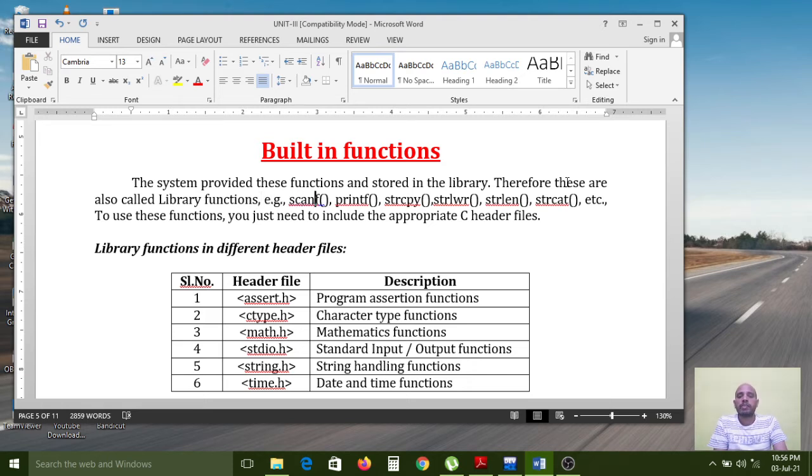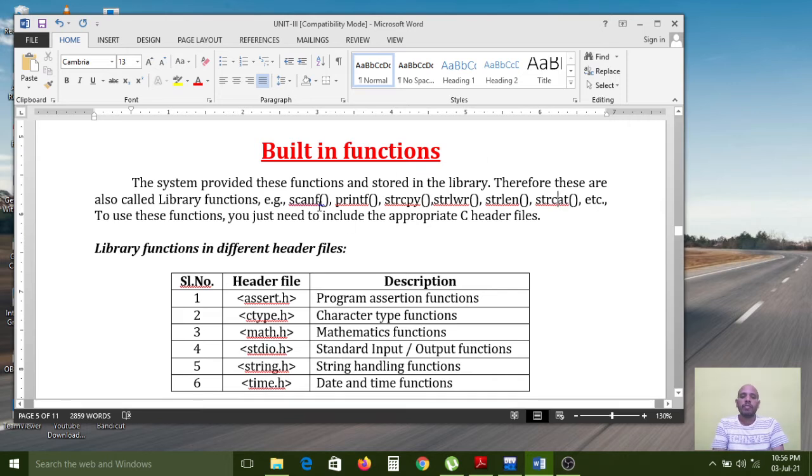Examples of some predefined, built-in library functions are what? scanf is one of the built-in functions. printf is also one of the built-in functions. Similarly, strcpy, strlwr, strlen, strcat. There are a number of predefined functions in our C programming language.